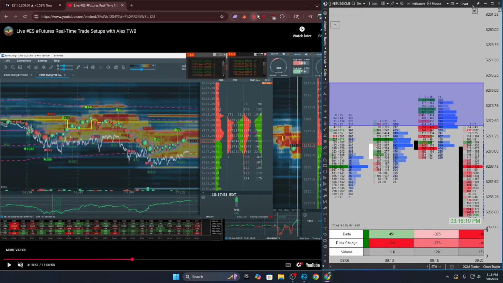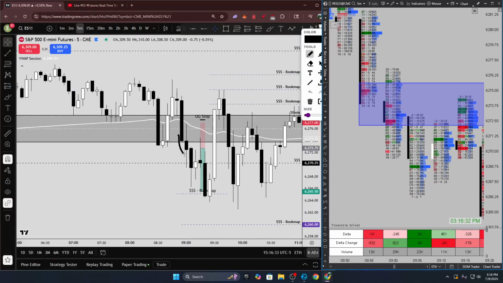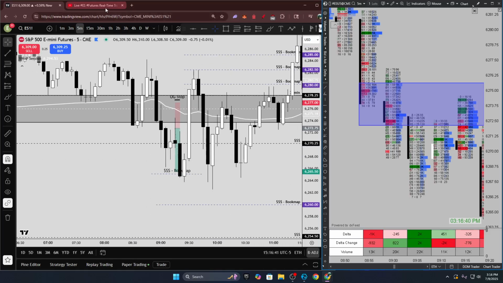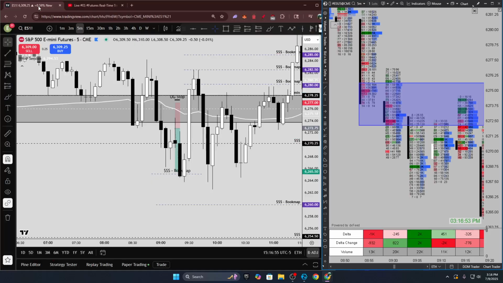But we started seeing a reaction off of this barrier after a clear signal of absorption, and with those two confluences in play, alongside the fact that we've actually broken below this 30-minute now, confirming our bearish bias, that is showing us that our idea may be significant, providing us an edge that we can take advantage of. So once again, our confluences for this were absorption at that passive selling area, the fact that we broke the 30-minute, which put us into a bearish perspective,